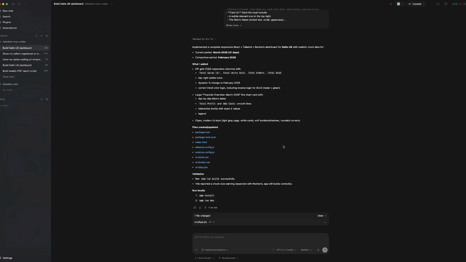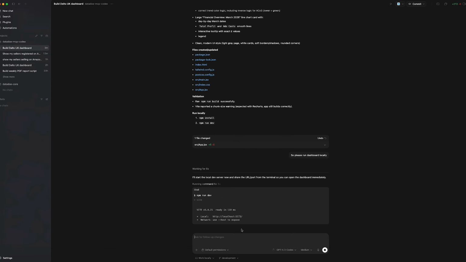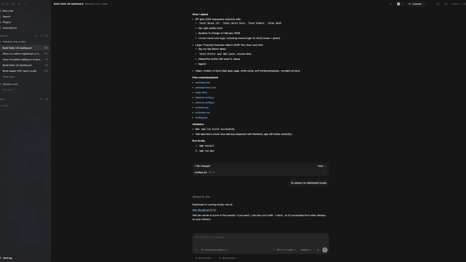Okay, so Codex said that the implementation is ready to use. So then we'll ask it to run from Codex. So please run the dashboard locally. Okay, so the dashboard is running locally. So in a few seconds I will open our browser to hit the